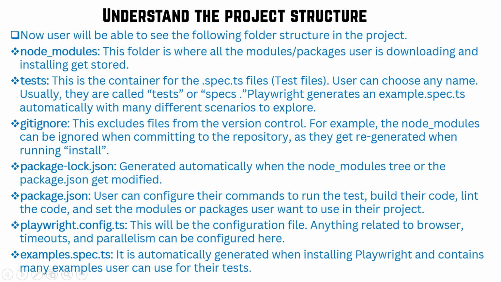The user can choose any name. Usually they are called test or spec here. Playwright generates an example.spec.ts automatically with many different scenarios to explore. We'll go through whatever scenarios were already generated by default. Now the fourth one is